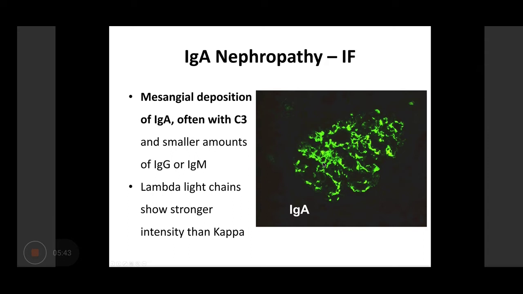In addition to IgA, you will have small amounts of C3, IgM, and IgG. Another classical feature of IgA nephropathy is that the lambda light chains always show a stronger intensity of staining than the kappa light chain. So when you put the two sections together, you will find that the lambda light chain has a stronger intensity of staining over kappa light chains. And normally in immunofluorescence, we grade the intensity of staining on a scale of 0 to 4. So for example, this kind of staining is usually about 3 to 4 plus. So it's at the highest